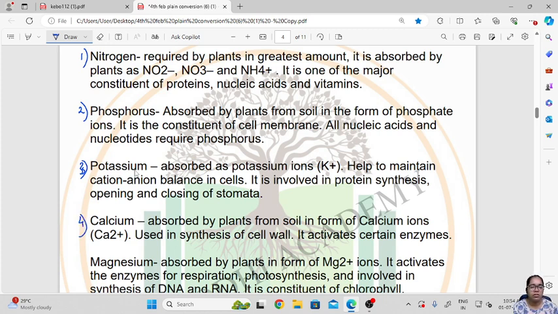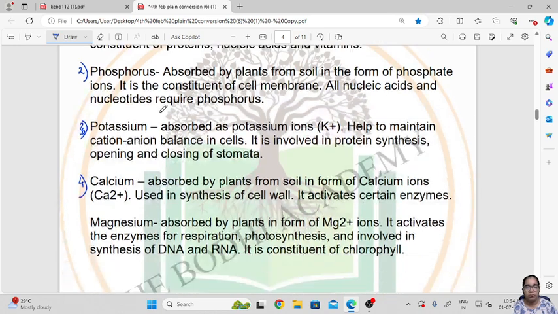Then comes your calcium, absorbed by the plant from soil in form of calcium ions, used in synthesis of cell wall. It activates certain enzymes. So it acts as a coenzyme for enzymatic activity. Then magnesium, absorbed by the plant in form of